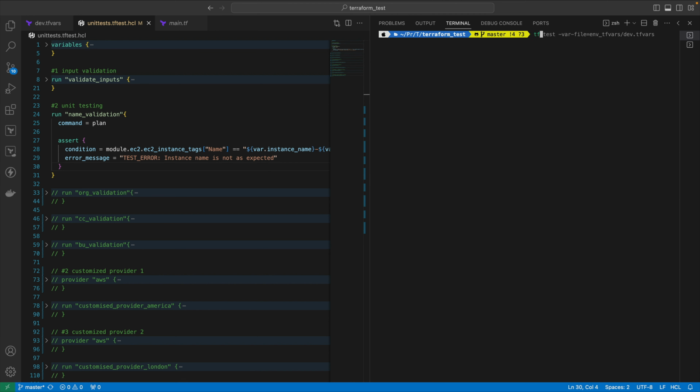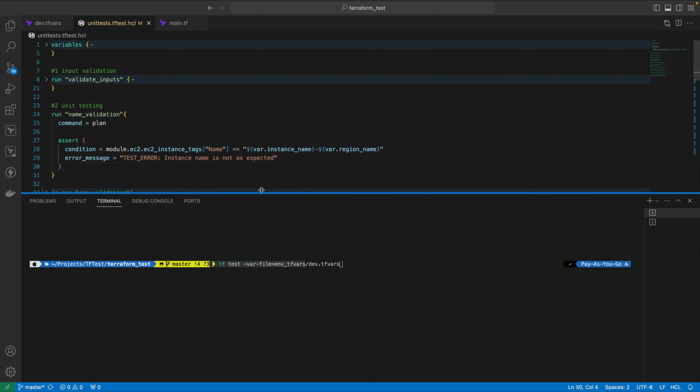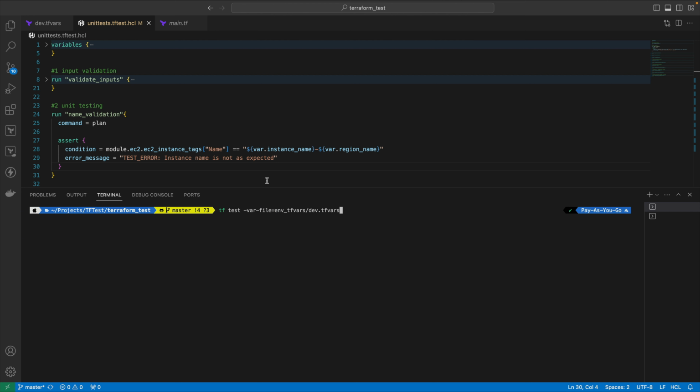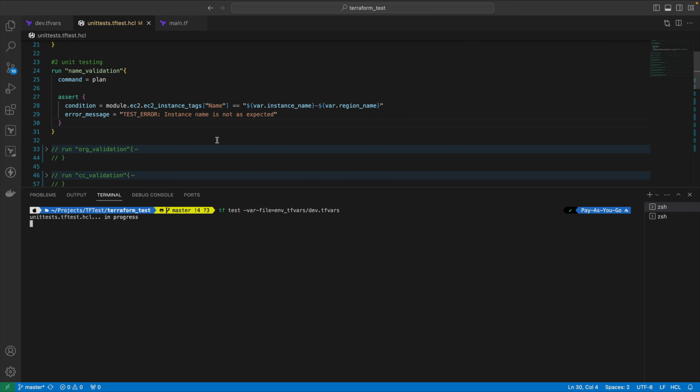So here, dev.tfvars it will take, right? So let's move the panel position to the bottom. So now perfect. So this dev.tfvars will be passed, and when I run this second test case,